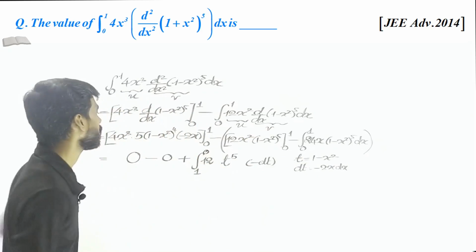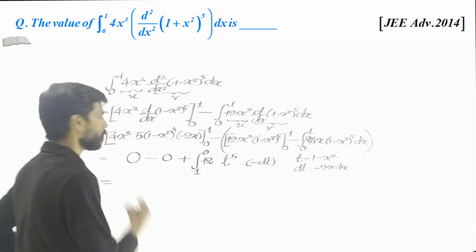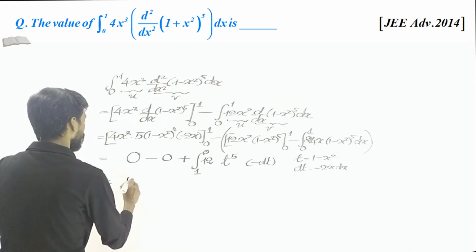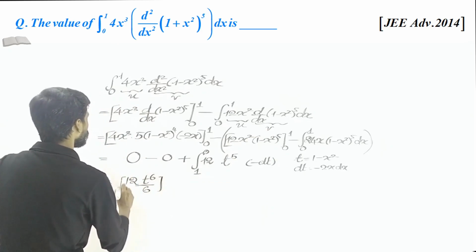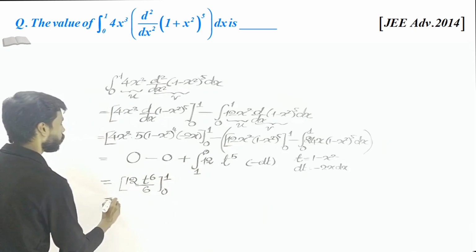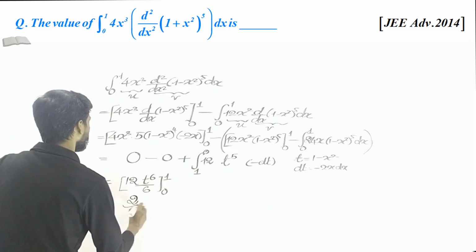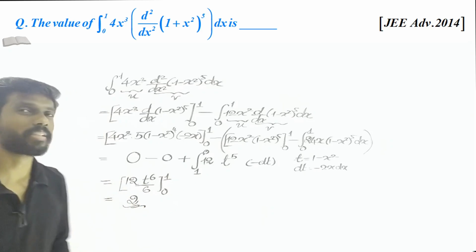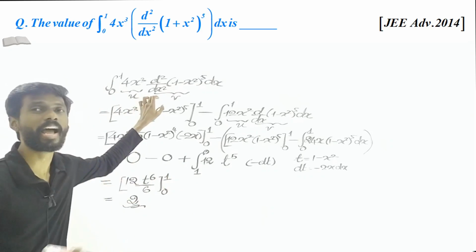That's all, the limit of integration we can easily find. So this equals 12 t to the power 6 divided by 6. There is a negative sign, so we can interchange the limits, 0 to 1. If you substitute 1, 12 divided by 6, that is 2. That's all, so that is the required answer, right. It's very simple, integration by parts, but it is very simple because it is already given as a derivative,